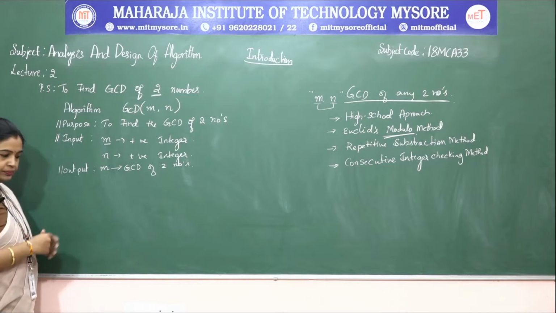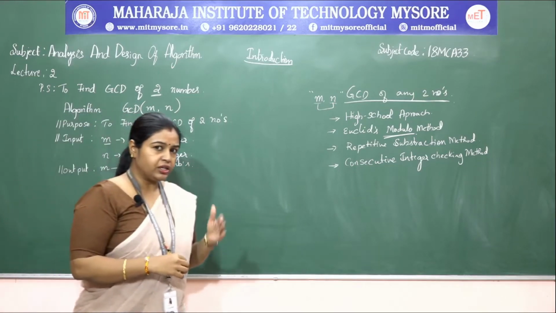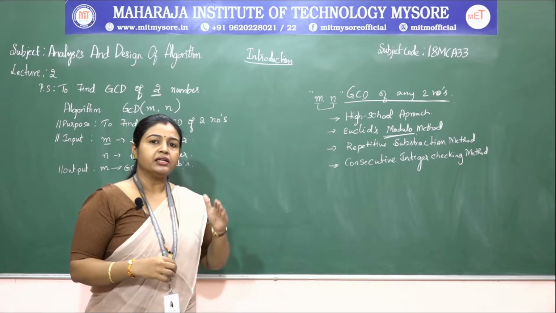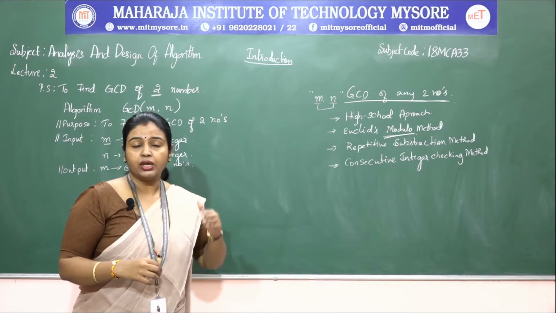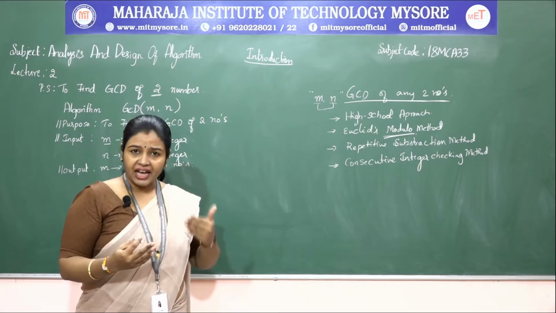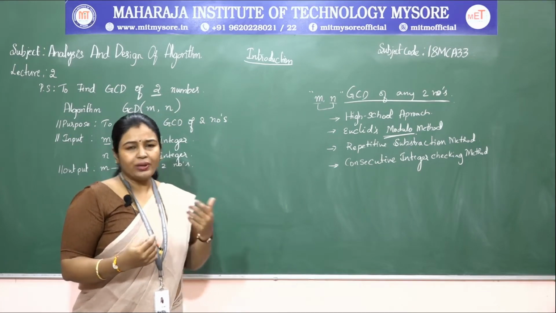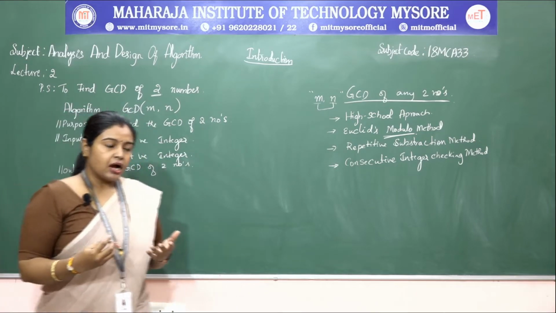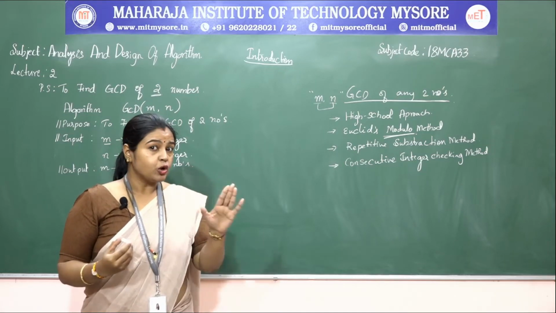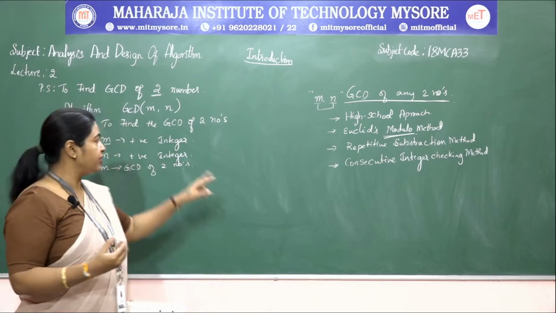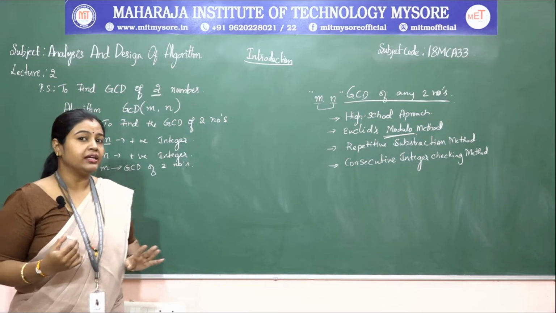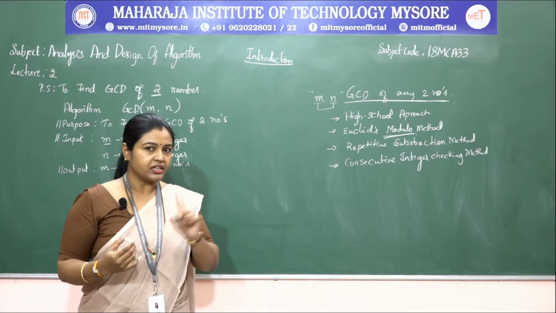Okay, so we need to keep on repeating the steps. What step do we need to repeat? Until n becomes 0, we need to keep on doing the division. And here we are not saving the quotient, instead we are saving the remainder, so we need to calculate the remainder. Of course, to calculate the remainder we use a temporary variable, but that is not an input. If it were an input, you would need to write it in this space, okay? But the remainder we are calculating is just this operation, that's it. That is not the input.